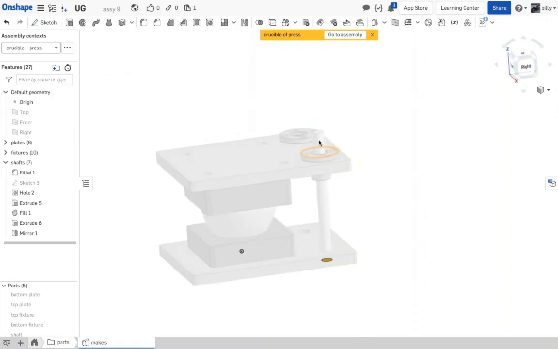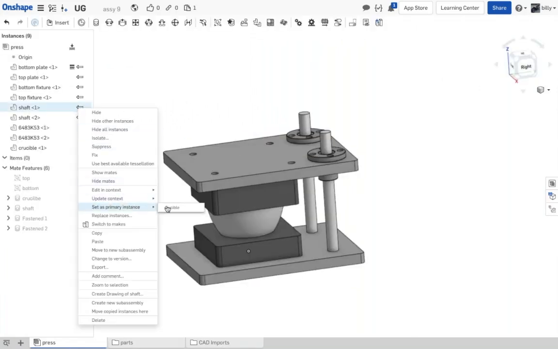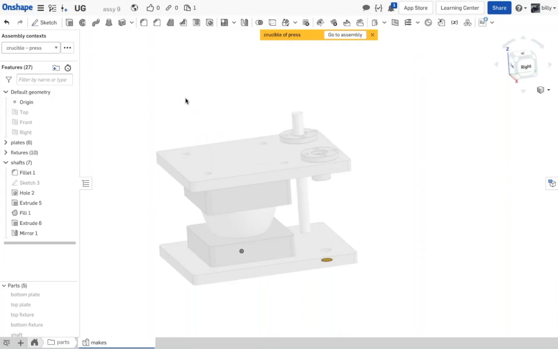Okay. In fact, this is the one that I want to ghost. So if I'm going to ghost one, that would be the other shaft is what I want to ghost. So I'll set this as a primary instance. Now when I go back, show all,